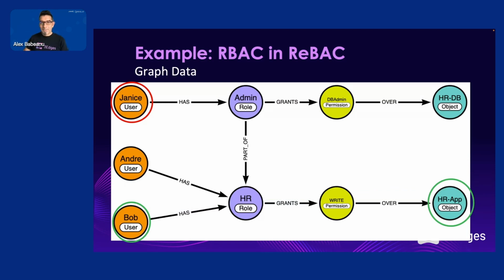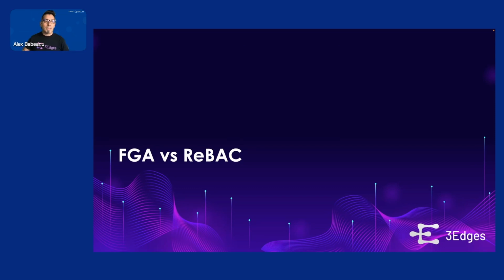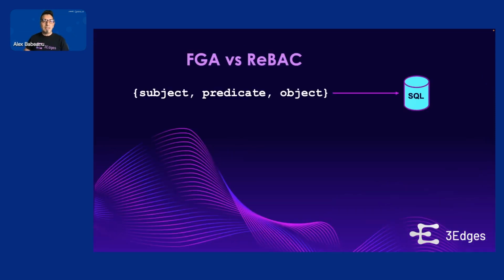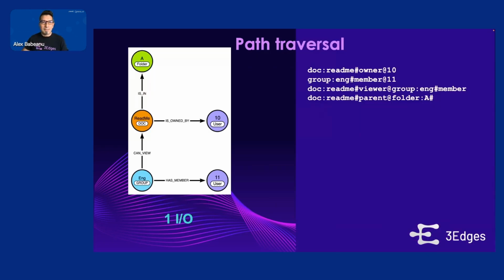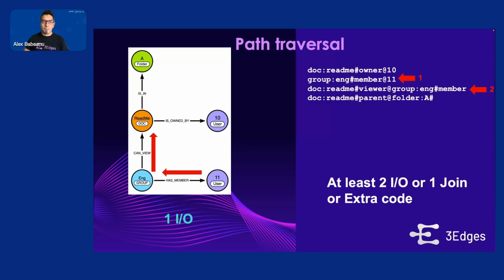Pretty simple. Now, if we were to compare real quick FGA and ReBAC, the main difference here is that FGA tuples are stored in typically a SQL database or some kind of a homegrown database, basically not a graph database, whereas true ReBAC uses a pure graph database. Of course, one of the main differences is path traversal, where we just need one input-output operation, and we let the database figure out the path. Thank you, Neo4j. On the other hand, on the FGA side, well, we actually need a couple of IOs here in order to figure out